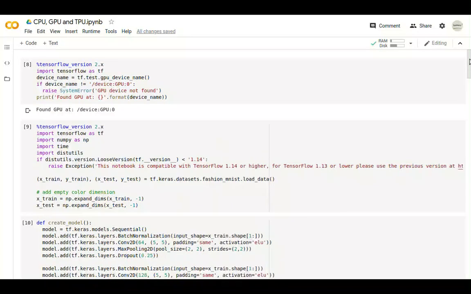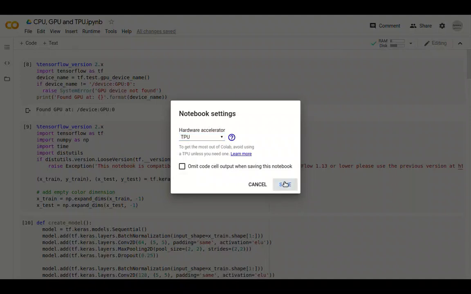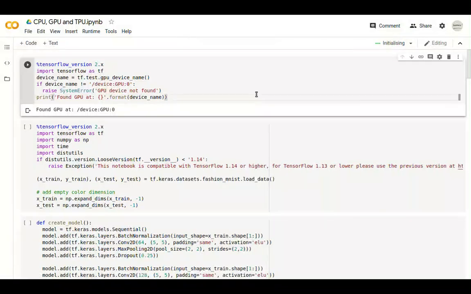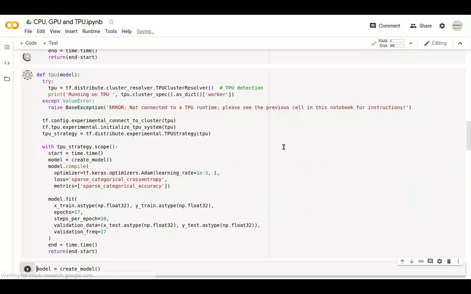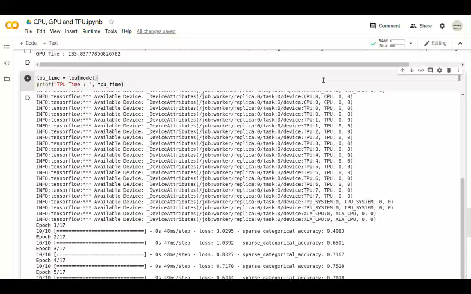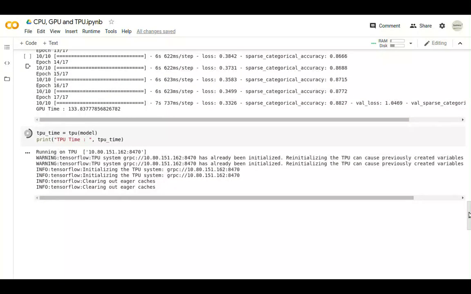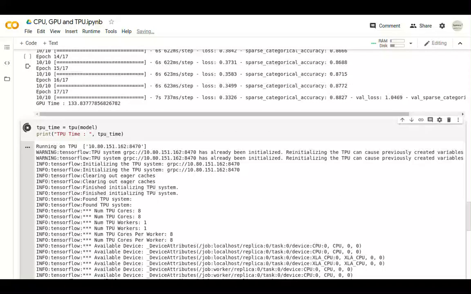When you run with TPUs, you should change the hardware accelerator from GPU to TPU, and while you change the hardware accelerator, your runtime will automatically be reset. So you should run these code cells once again and create the model. Then we may see how the model runs over the TPU. It takes some time because the TPU needs to be initialized. Here you may see that the TPU is located at this address, and it has 8 cores of TPU,